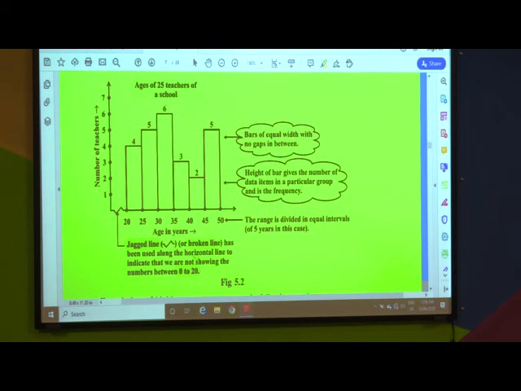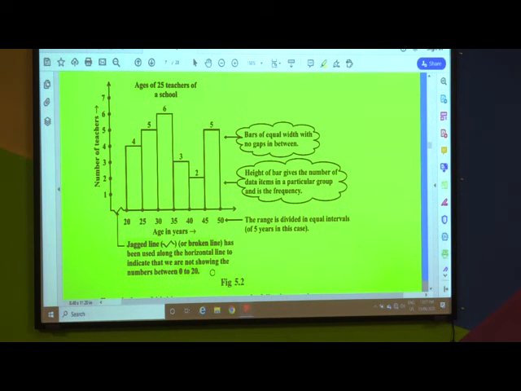After that you can see 20 to 25, 25 to 30, 30 to 35, with a class interval of 5. The width is 5, we are making the range. Then what about 0 to 20? It is not present. Why? Because it is understood no teacher's age is below 20 years. That's why there is no need of writing the previous values. The jagged line is telling that 0 to 20 is not present. We are not showing those numbers.